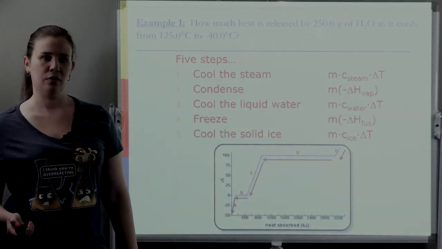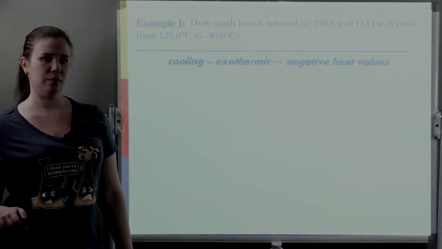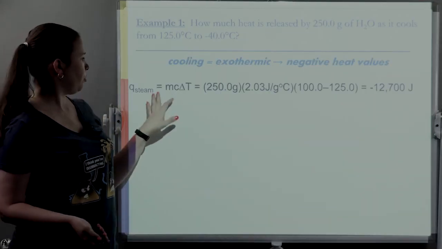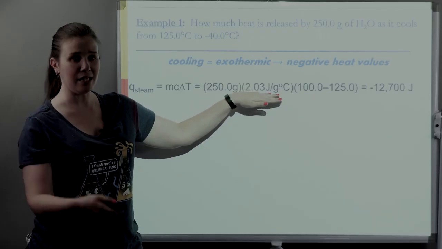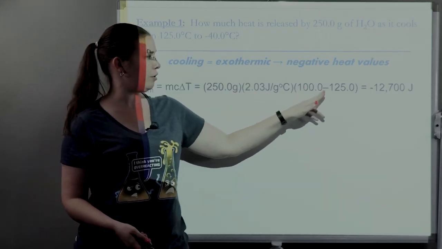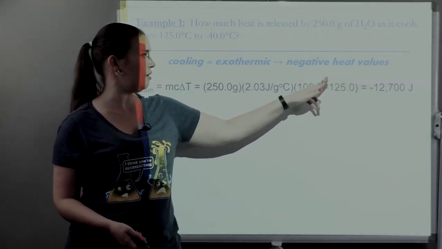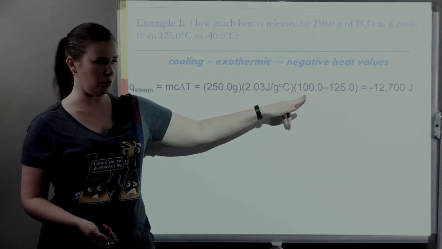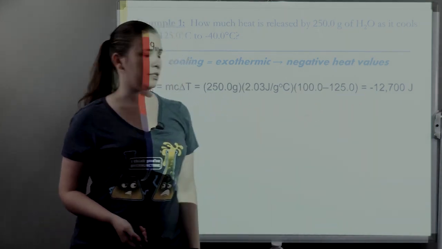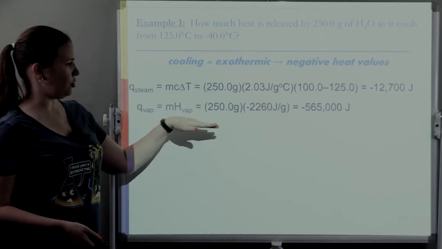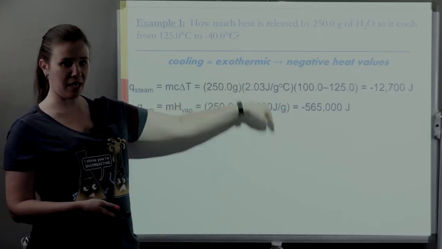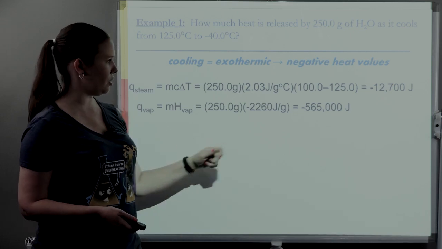So let's plug these numbers in. First, our heat of steam using the given mass, the specific heat of steam, and the difference as we go from the final temperature of 125 down to the initial temperature of 100 would give me this negative 12,700. Then if I look at m delta H, given the mass with this negative delta H of vaporization, we get